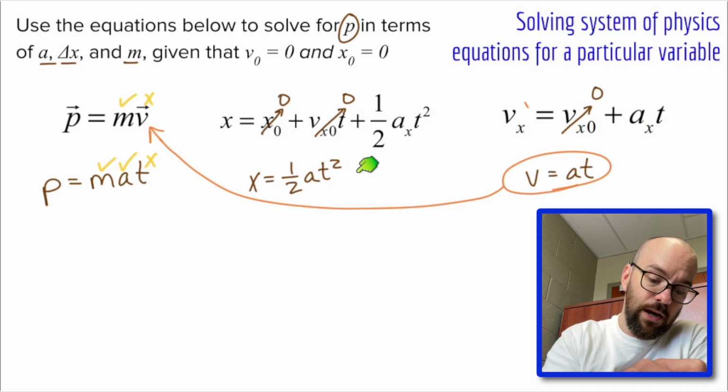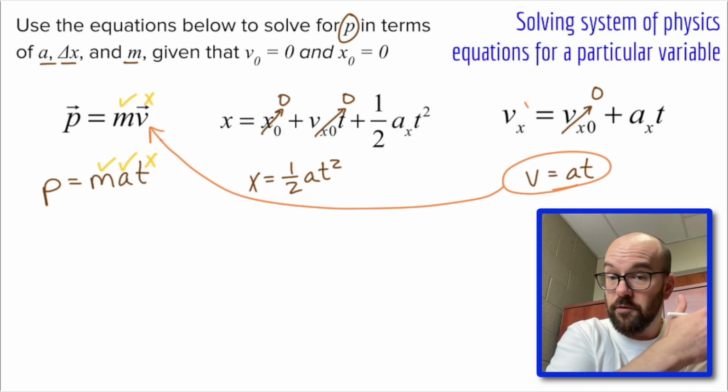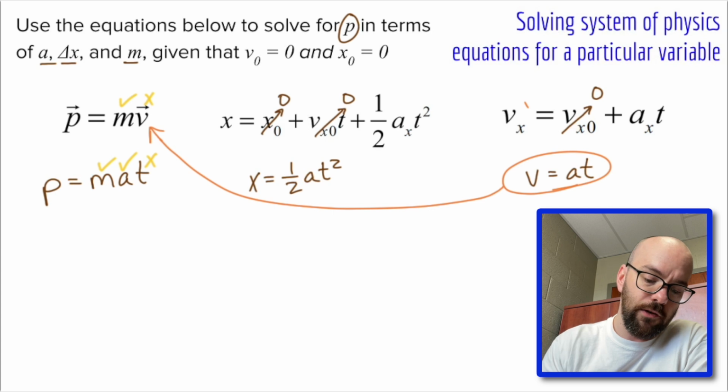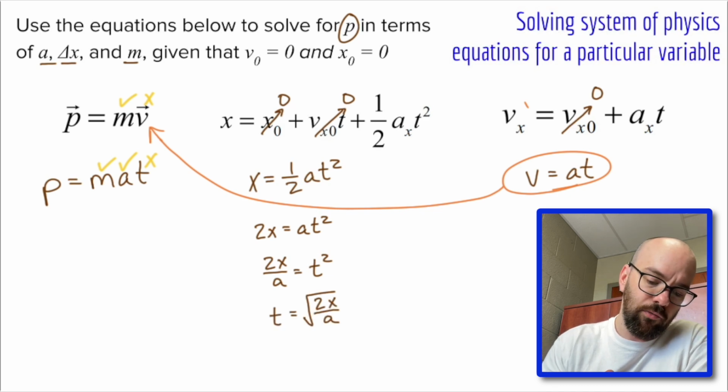That's that middle equation right here. So we want to rearrange that equation to make it t equals. We're just going to follow a similar procedure like we did in the previous problems in this video. We're going to solve that for t. So we'll multiply by 2 on both sides, and we'll get 2x equals at squared. 2 times 1/2 gives us 1, so we're left with that. Then we're going to divide by a, so 2x over a gives us t squared. Then we're going to take the square root of both sides, and we'll get t equals square root of 2x